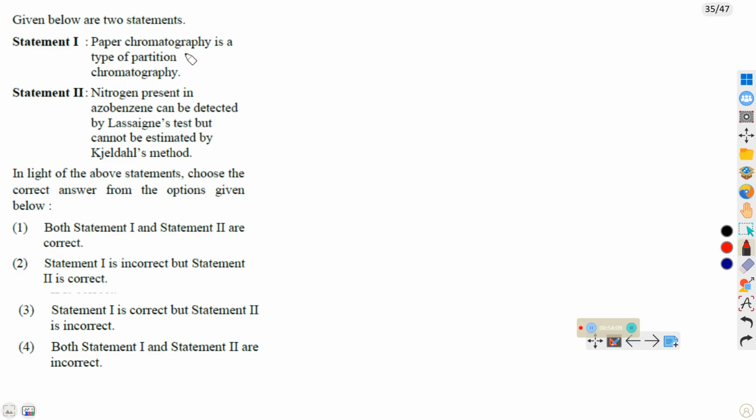Paper chromatography is a type of partition chromatography, correct. Nitrogen present in azobenzene cannot be detected by Lassaigne's test, but cannot be estimated by Kjeldahl's method. Correct. Both the statements are correct. Remember, it cannot be estimated by Kjeldahl's method. Kjeldahl's method is not applicable